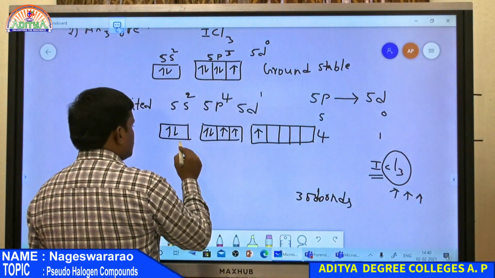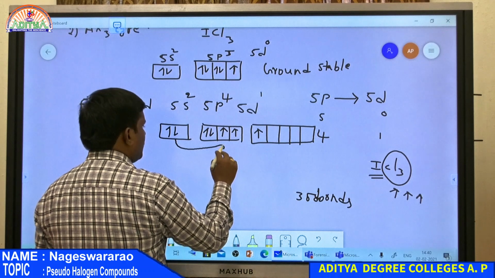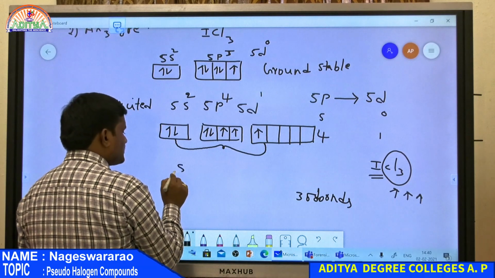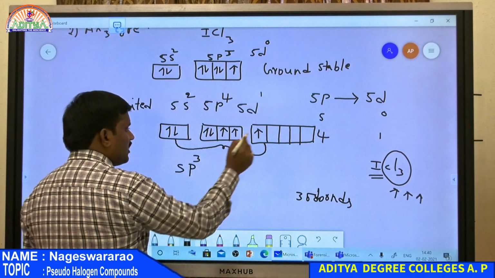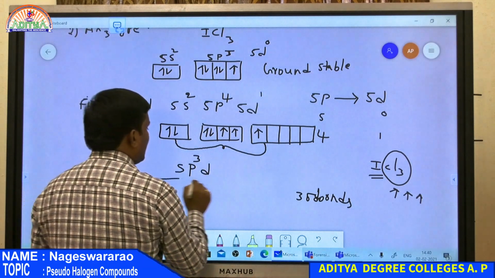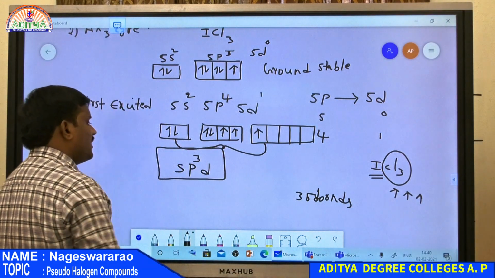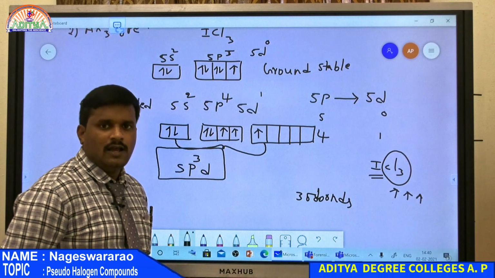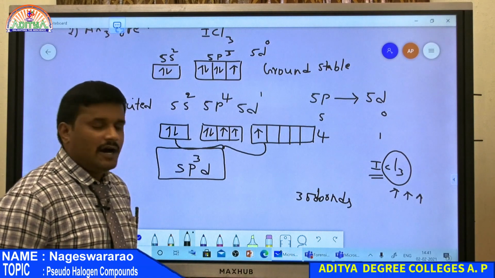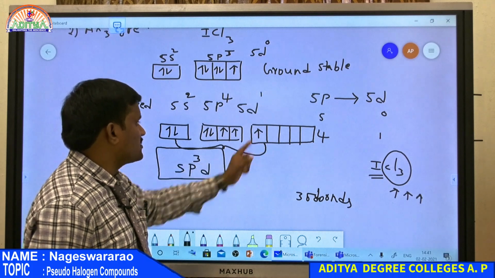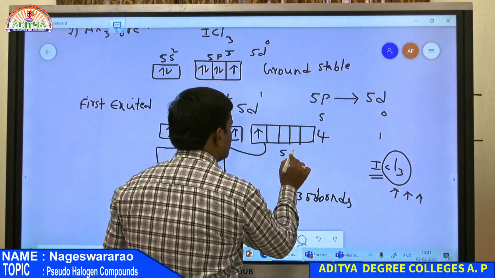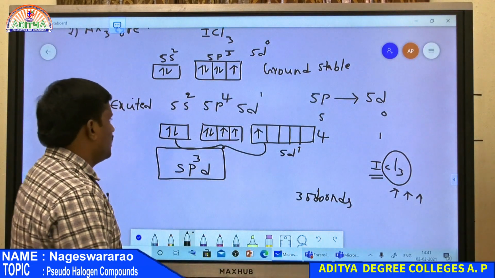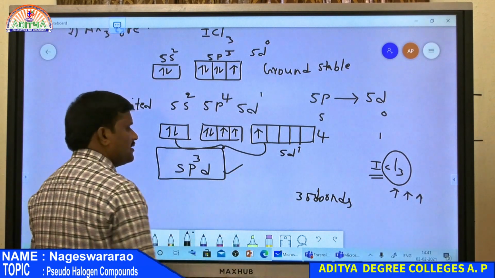And also here, the s orbital along with the p orbitals and also the d orbital overlap. So overlapping takes place between the s orbital, 3 p orbitals and 1 d orbital. Therefore, the hybridization for AX3 type interhalogen compounds is sp3d. There is the involvement of the s orbital, 3 p orbitals and 1 d orbital, due to the presence of one electron in 5d1. Therefore, the central atom undergoes sp3d hybridization.